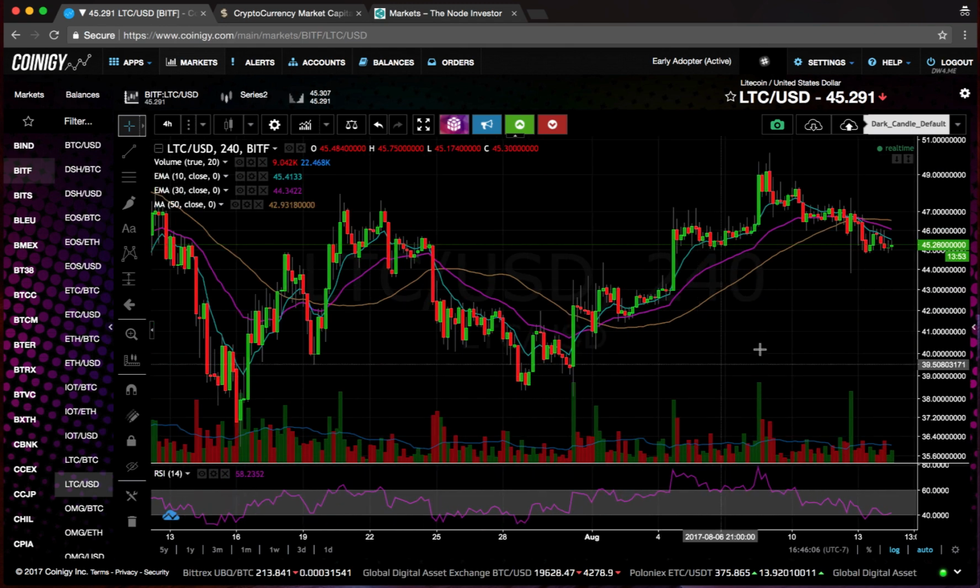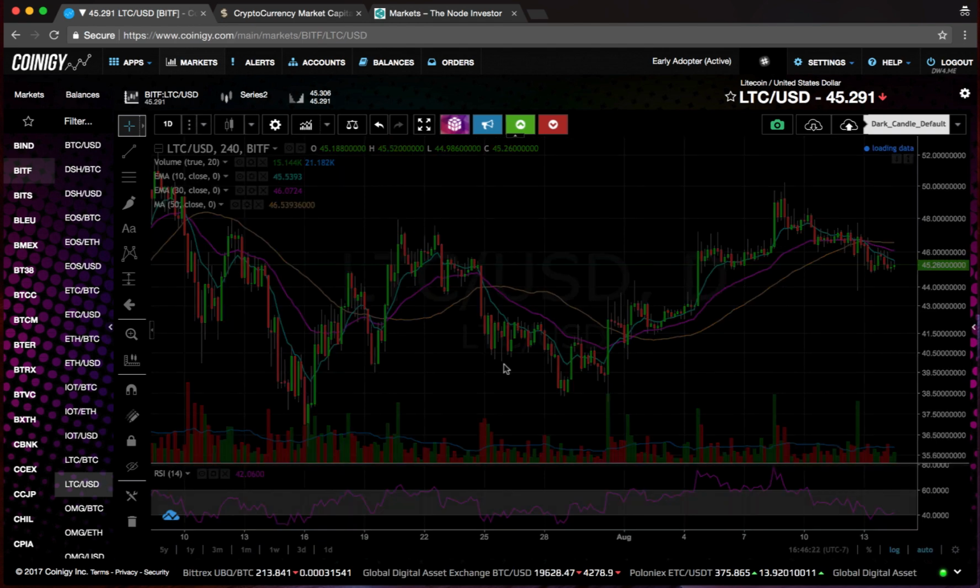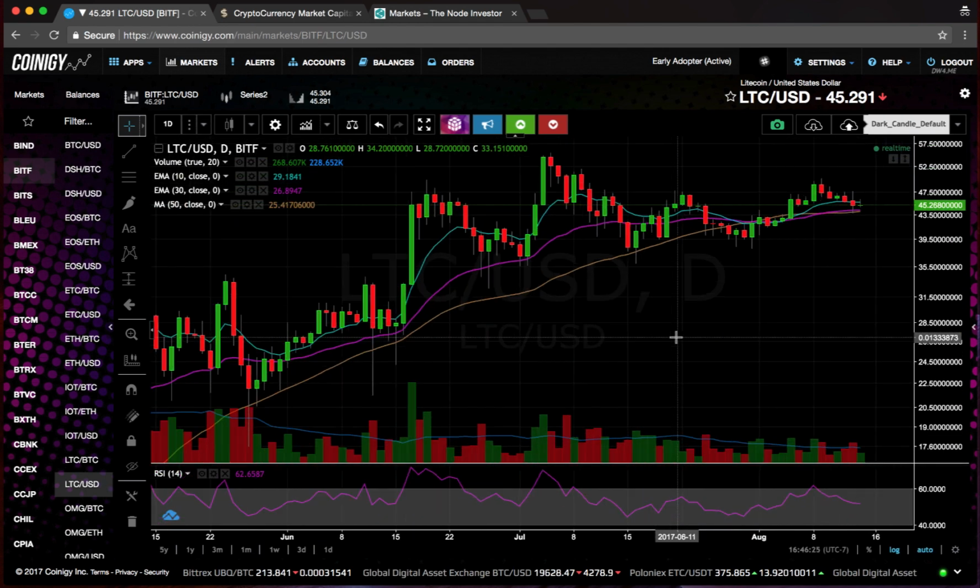On the dollar chart again, it's kind of having this little flag down pattern here, so I'm watching that. It's not looking bullish yet, but I'm just looking at the extremes and saying this is a little washed out to the downside, so maybe it'll start holding up a little bit here soon. So on the daily, it's still not looking bad at all though. If you look at the daily chart, it's just consolidating, staying flat here. Obviously, it's underperforming Bitcoin, but Bitcoin's having a very strong rally right now, and Litecoin's also underperforming some